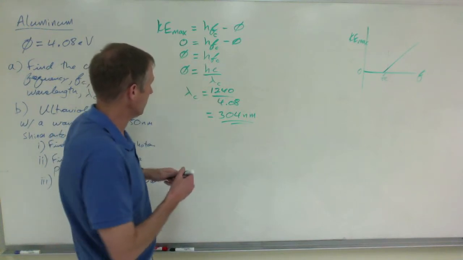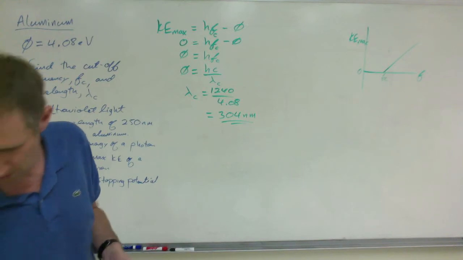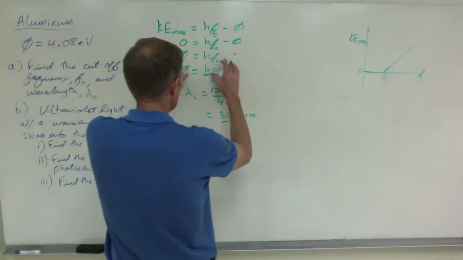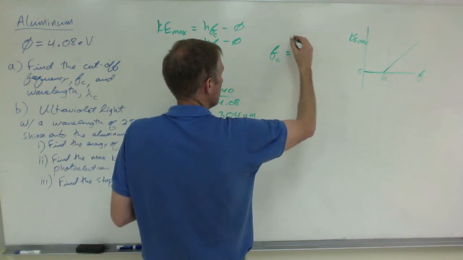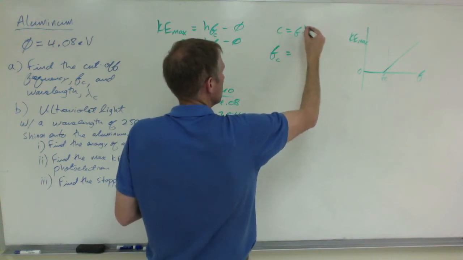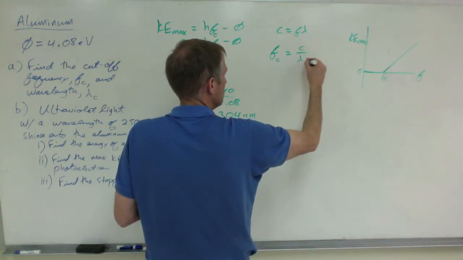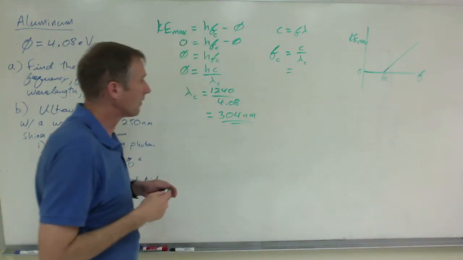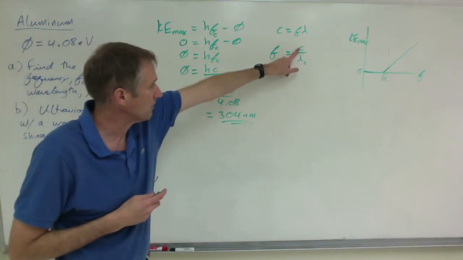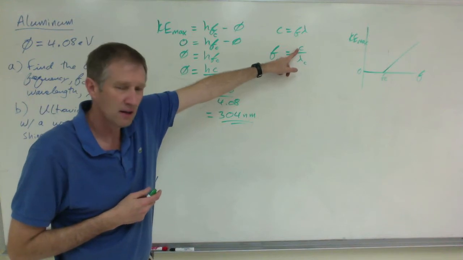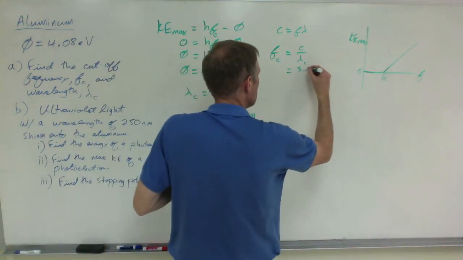Again, I could have done it here, but I need to come up with the frequency in hertz. There's a couple different ways to do that. We could have done it here, but you could also do this. You know that c equals f lambda, so in this case, f is c over lambda_c. Be sure that you remain in meters, because c is in meters per second, not nanometers per second. So 3 times 10 to the 8